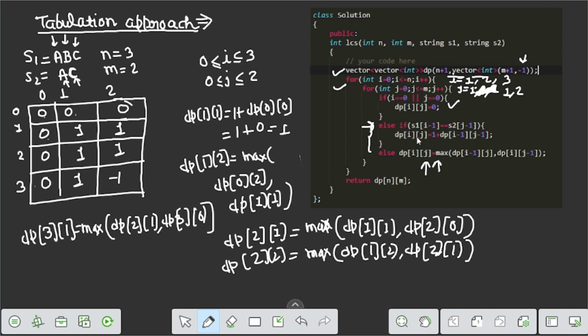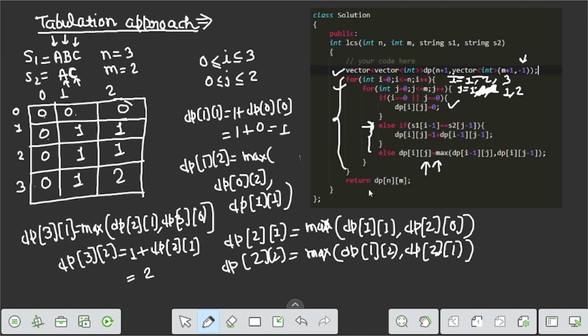So dp of 3 comma 2 becomes 1 plus dp of i minus 1, j minus 1, which is dp of 2 comma 1, which is 1. So the answer becomes 2. So this value is modified to 2.